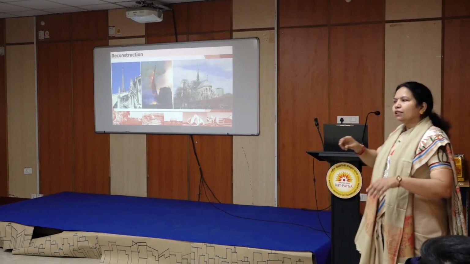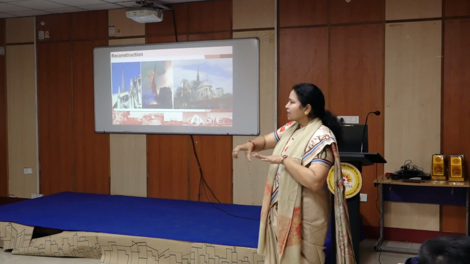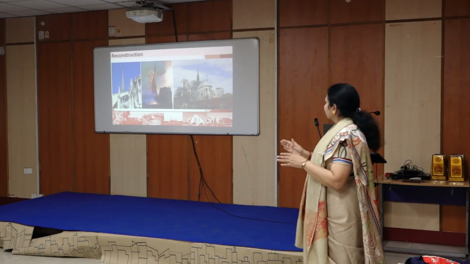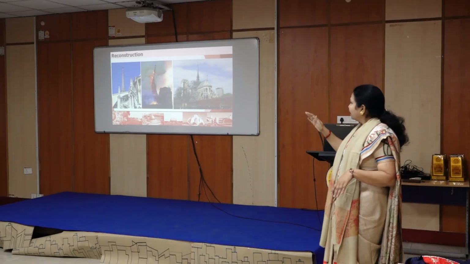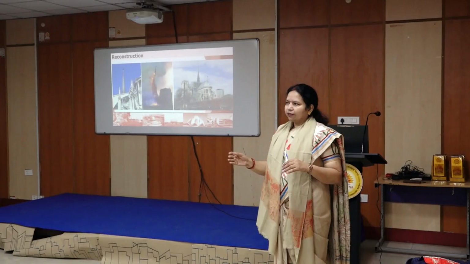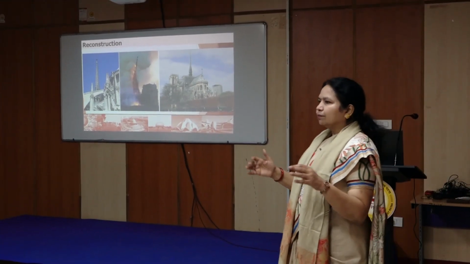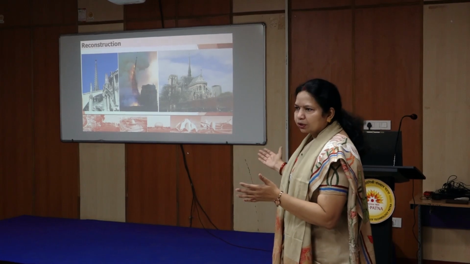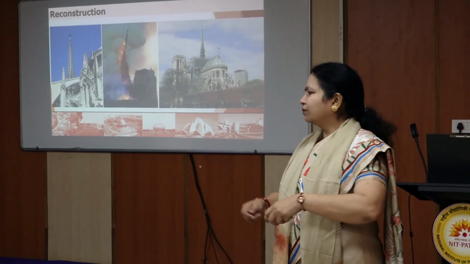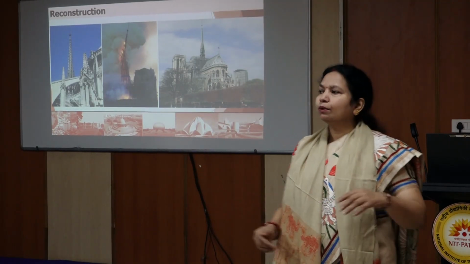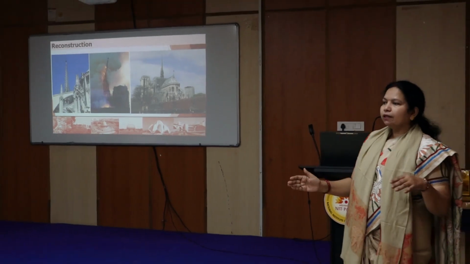France, Paris. The Seine River, along which Paris is located, there is an island in between the river. So on that island, this cathedral is located. It was damaged due to fire. So everything was damaged, but local people had a huge role in protecting whatever artifacts were there. So they made a human chain, and they carried one by one, passed on to the next one and to the next one, and that is how the artifacts within the cathedral were protected.